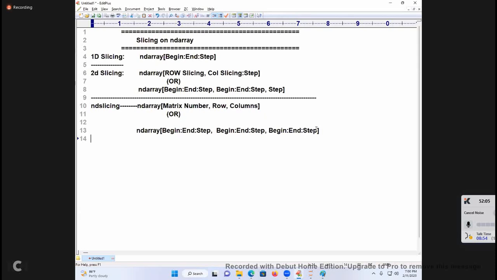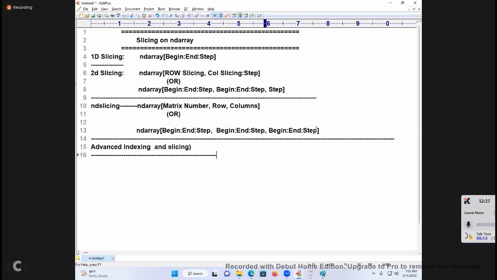Now, this is called slicing of ND array. Next I am going to advanced indexing, which will cover slicing also: advanced indexing and slicing. What is the syntax, sir?